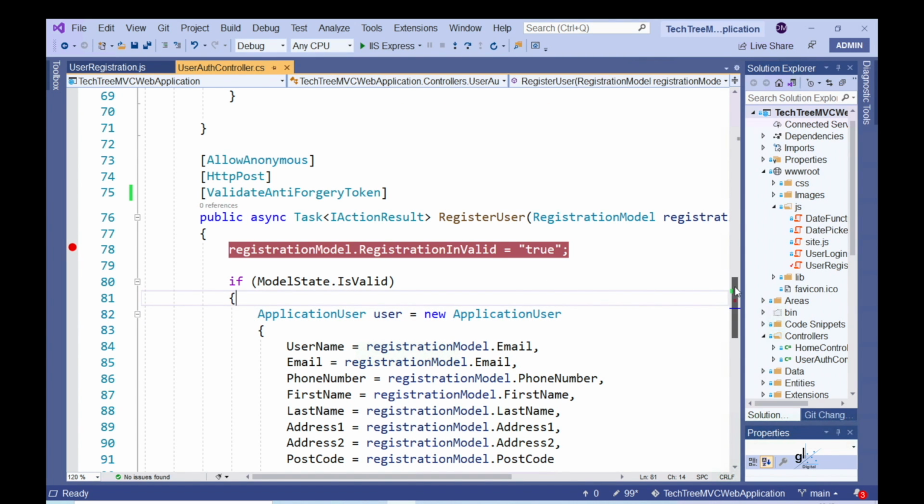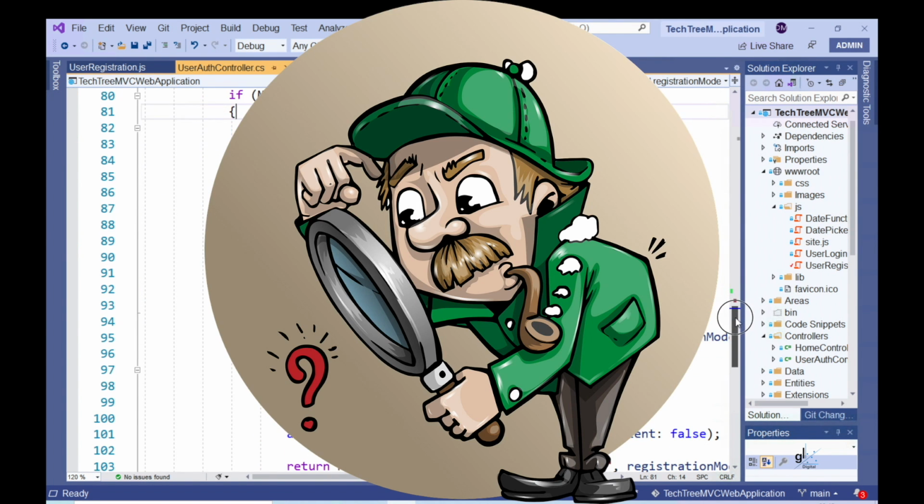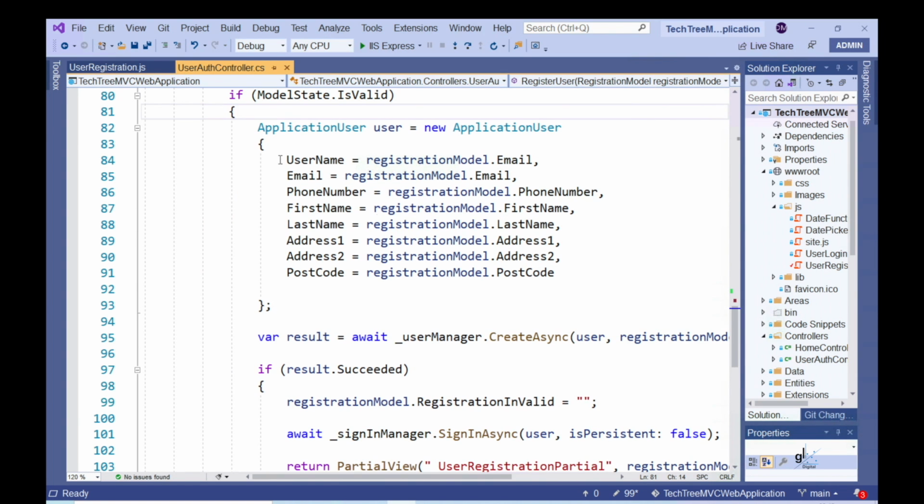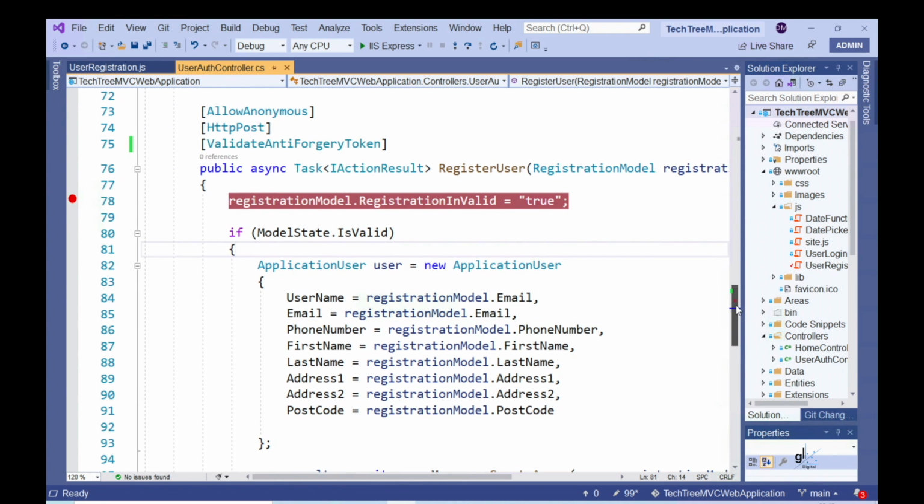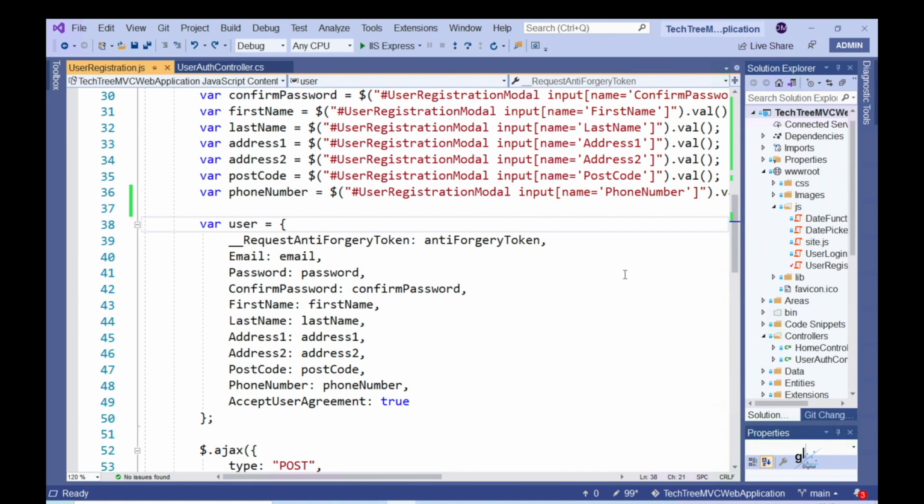I immediately proceeded to investigate this show-stopping bug. I discovered that in the userregistration.js file, i.e. the file that contains the jQuery and Ajax code for the registration client-side functionality, I had named a property within the anonymous object that is passed to the server incorrectly. Oh no! So here in the code, in the onRegisterUserClick function, if you followed the code created in part 17,